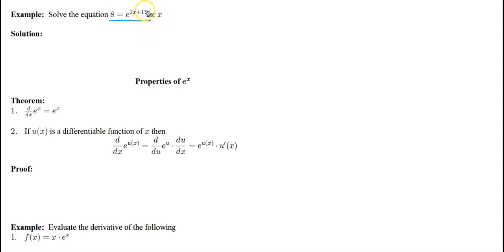Well, what we need to do is somehow get this exponential part out of the exponent. This involves our variable x. We'd like to solve for x. We need to get it out of the exponent. Well, what we can do is take the natural log of both sides. So if I take the ln of both sides, we get this. And now what we can do is just drop this exponent down in front of the ln, and then we'll be able to solve for x. And what we get is